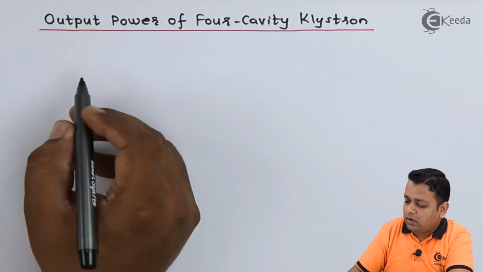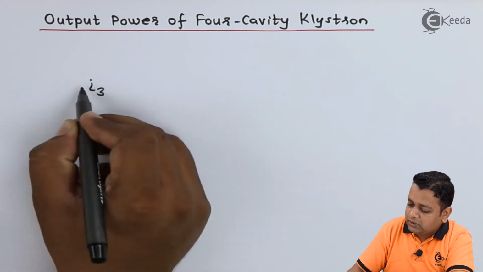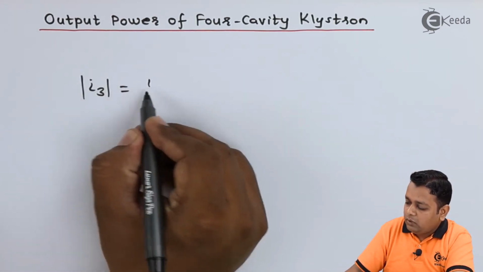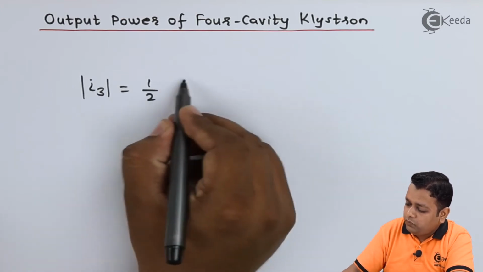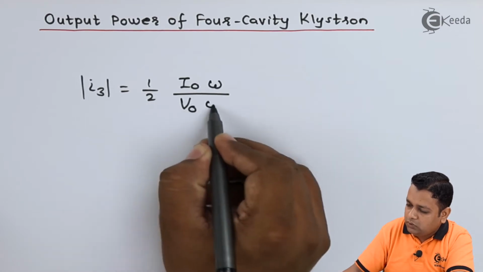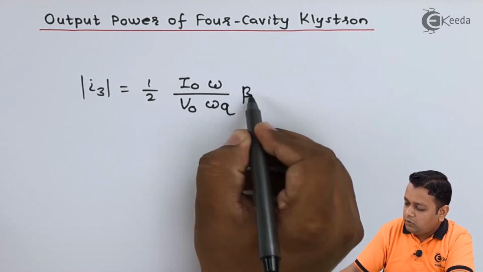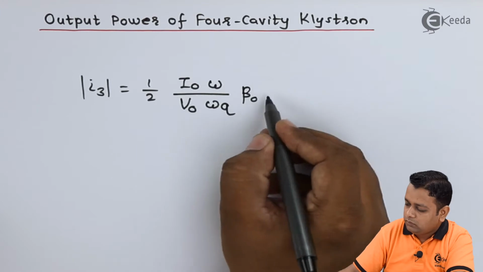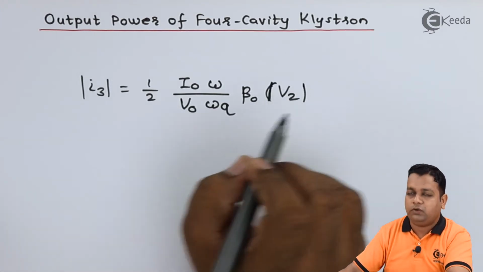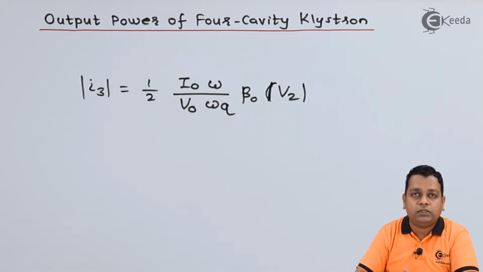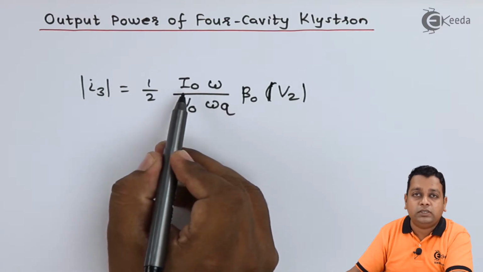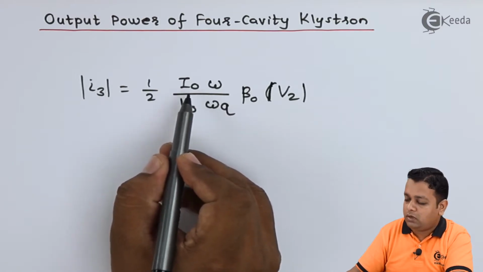Here we shall be writing it as mod I3, and it will be 1/2 I0 ω / (V0 ωq) β0 into mod of V2 here. Now in this formulation we have the parameters like I0,